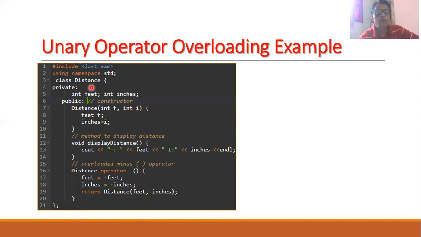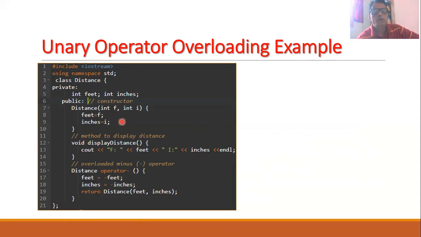In this example, we have declared a class distance, and this class has two private members, feet and inches, and both are of the type integer. Initially we will write the constructor for the class. This is a parameterized constructor where we will pass the values of f and i, where f will be assigned to feet and i will be assigned to inches.